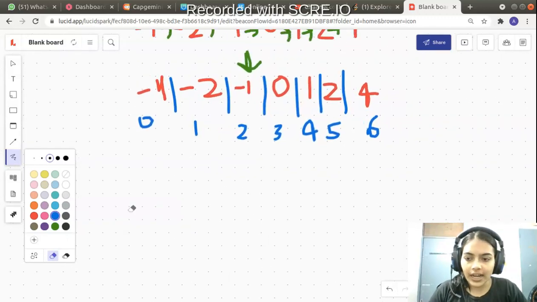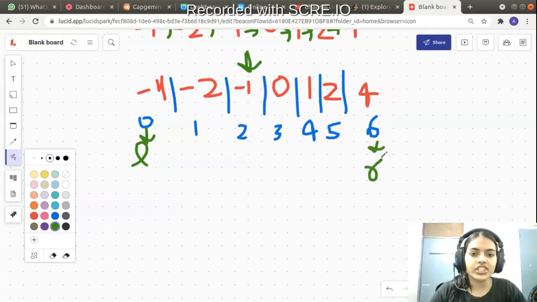Okay, how do we start iterating over this? As I said, you are going to declare left, which is 0, and you are going to declare the rightmost extreme, which is 6. Now you are going to have a mid value. Let me denote it by m. Okay, so this is the current mid value.